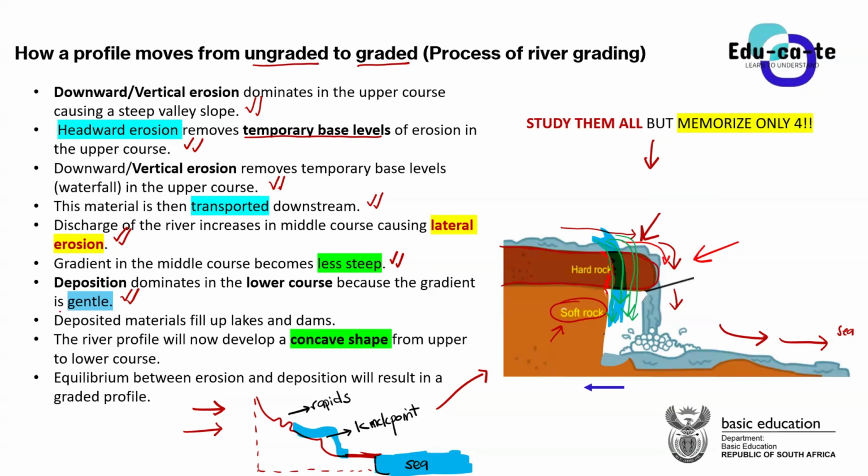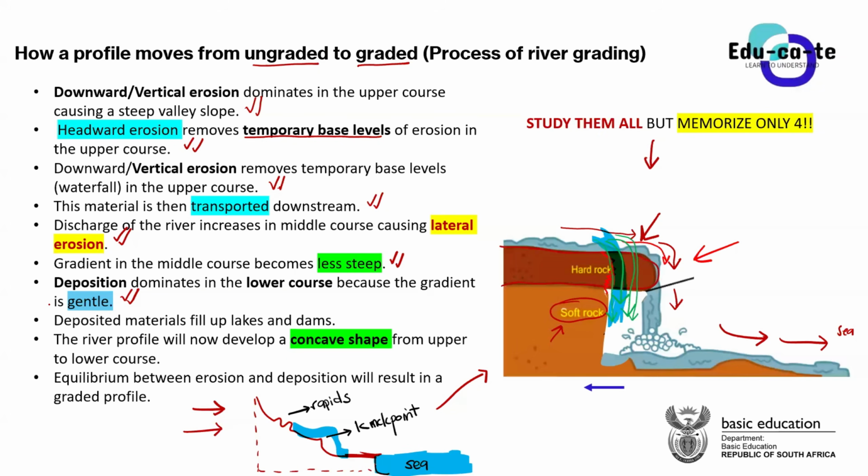Remember, guys, when the gradient is gentle, it simply means that the water cannot flow that fast. If the gradient is steep, the water has a very big velocity because it has to flow over a steeper area. That is why it has a bigger velocity and a bigger carrying capacity. It has more erosive power, or more energy, to wash away materials from the ground or to remove material from the soil.